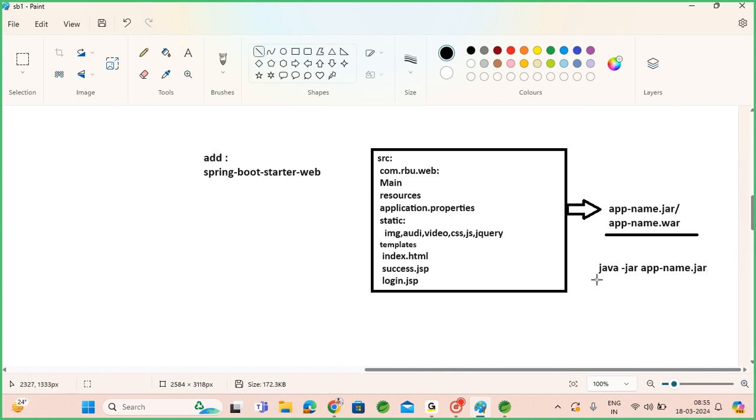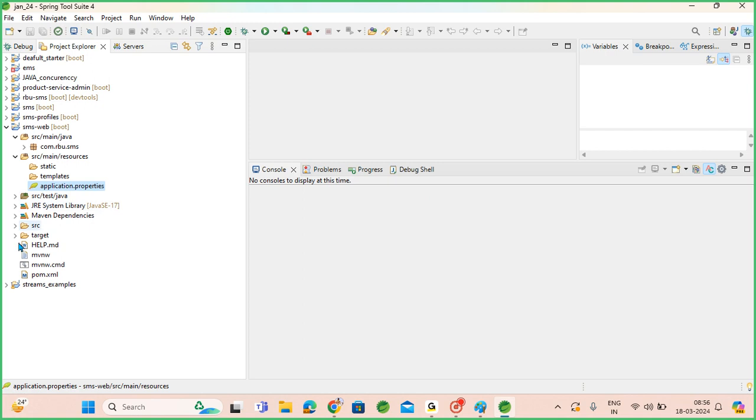Let us try with a simple input page and output page. I'm not going to add any business logic, just a simple web application we will create and we will see. Okay, we already created one SMS web. So as part of this application,